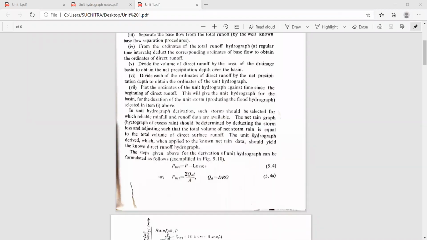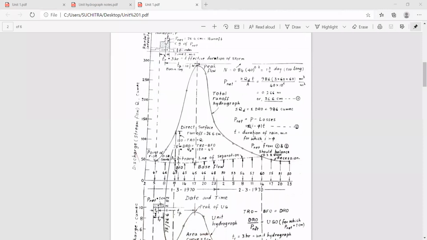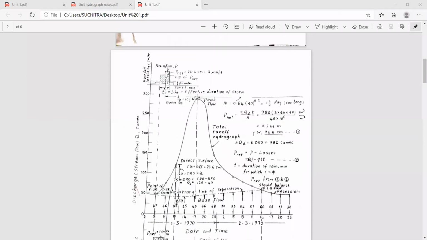Now we shall look at this figure. So now here you can clearly understand the concept. Here you have a flood hydrograph, which has resulted from an isolated storm. So from the available records, we have to select an isolated storm. It is a plot of discharge versus time in days or minutes. Now this is the total hydrograph that you have plotted in a graph sheet with the available data.